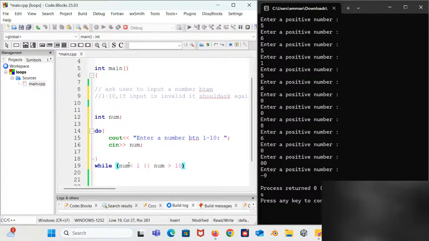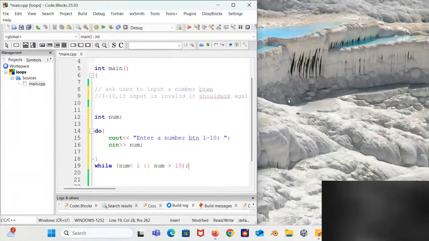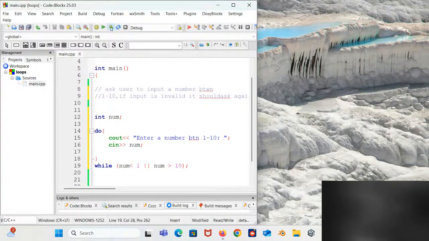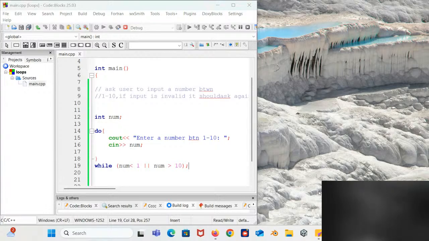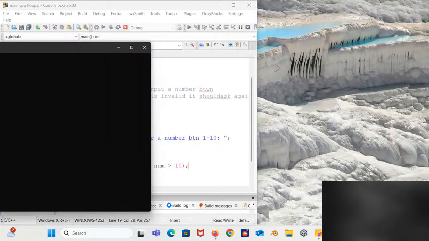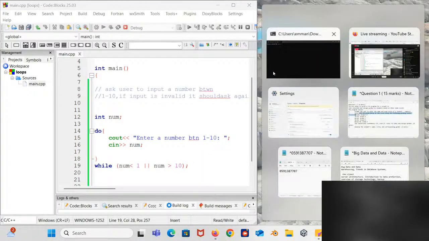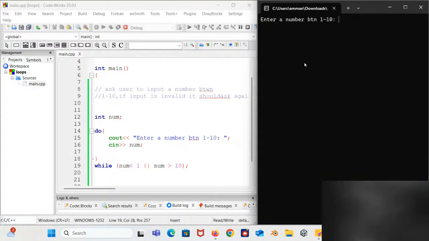Now, what is going to happen is that when we compile and run this program, as you can see, the program is asking us to enter a number between 1 and 10.